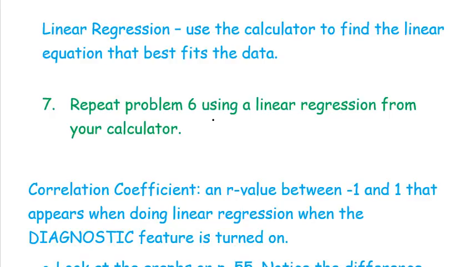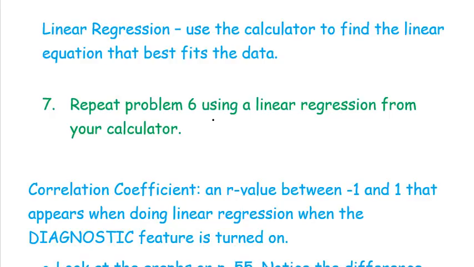Type your X's in list 1, so 0, 1, 2, 3, 4, 5, and then your millions of dollars for your commercial in list 2, so 2.9, 3.1, 3.5, 3.8, 4.0, and 4.5. Once you've done that, hit Second, Quit,